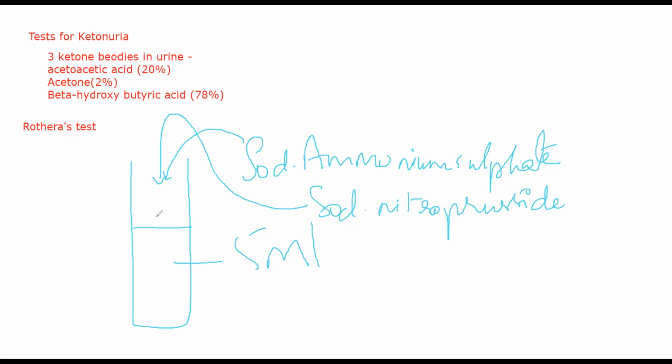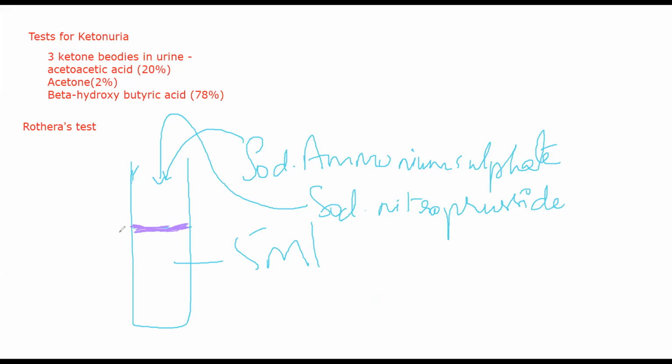ठीक है, once you have shaken it, add liquor of ammonia. ठीक है, liquor ammonia जो है you will add from the side of the test tube. It will be drops, liquid रहता वो, थोड़े थोड़े drops slowly you will drip it down through the side of the test tube. ठीक है, you will wait till appearance of purple color ring. What will happen is at the junction of this, जहाँ पर यूरिन जंक्शन है, this part you will start seeing a purple colored ring.